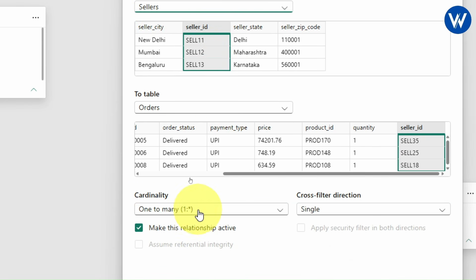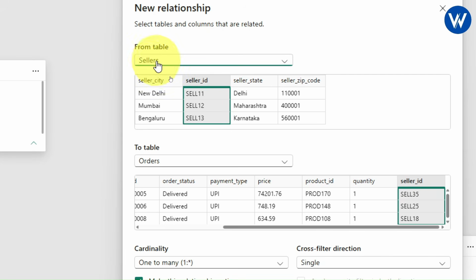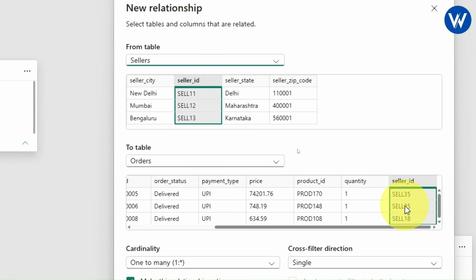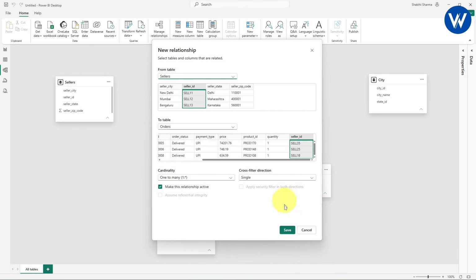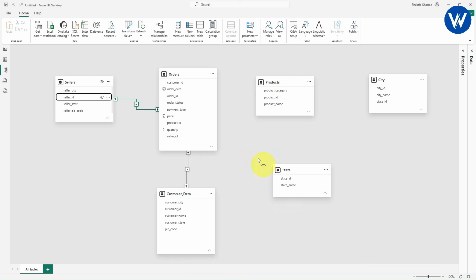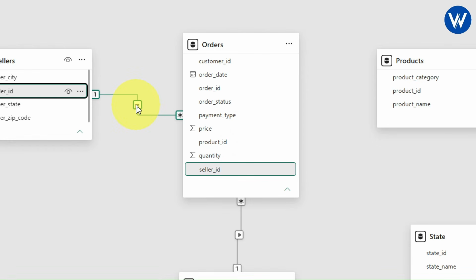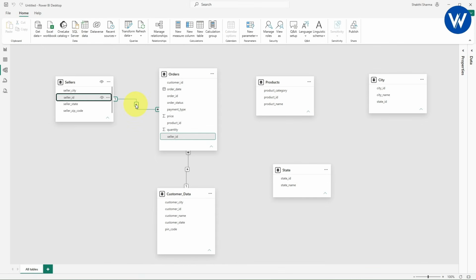It is a one to many relationship because seller ID contains unique values, but the orders table contains duplicate records. I hope you are understanding. Now simply click on save and the relationship is created. This is how you can build a relationship between the tables.